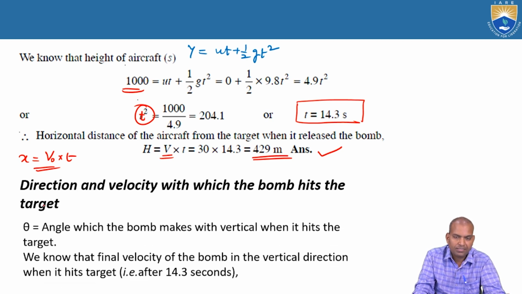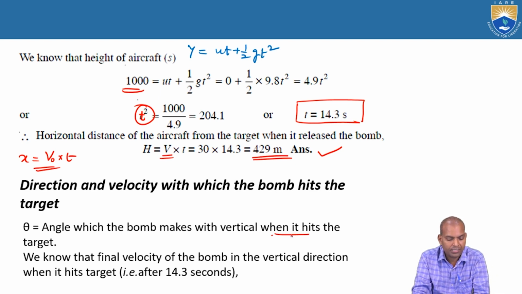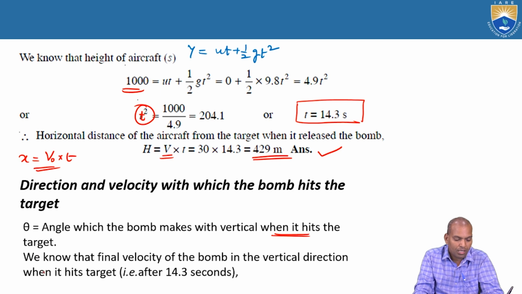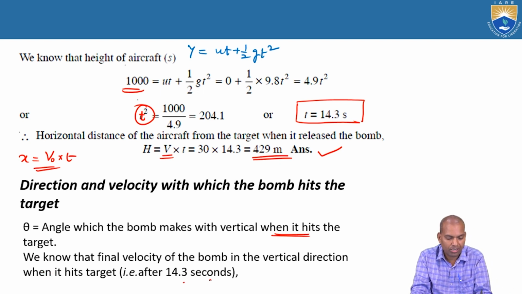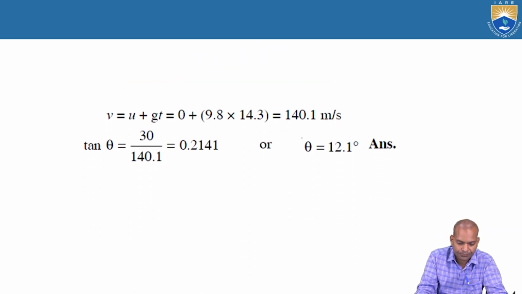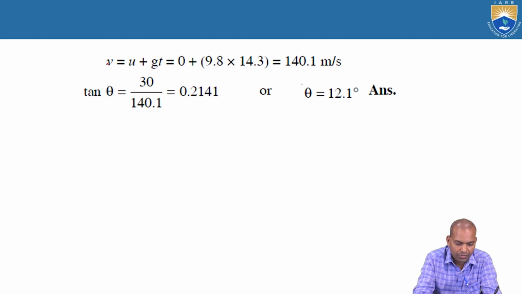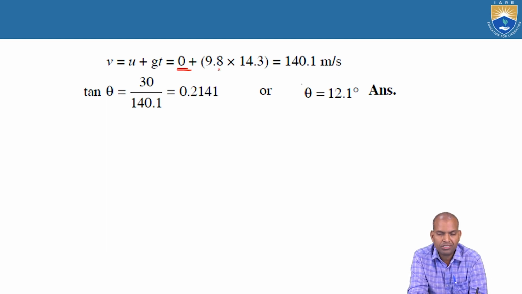What is the direction, that is, what is the angle? Theta is the angle the bomb makes with the vertical when it hits the target. Now, what is the final velocity of the bomb in the vertical direction when it hits the target? We already calculated the time, that is 14.3 seconds. The final velocity v equals u plus gt. We use the initial velocity 0 and substitute g as 9.8 and t as 14.3, that is 140.1 meters